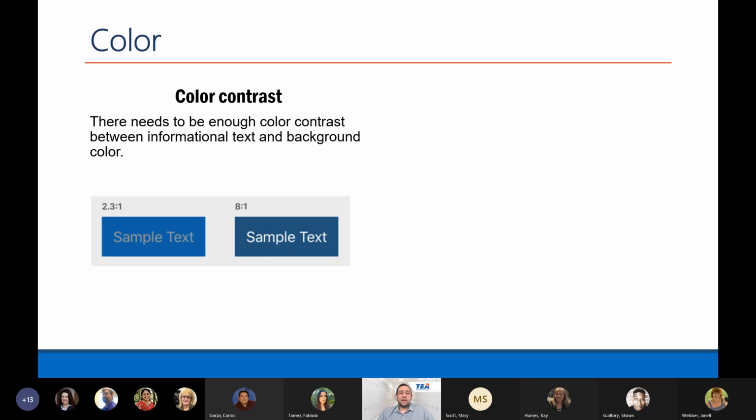If you're using a blue background with gray text, that's not going to be accessible, and it's going to cause issues for people that have colorblind issues. You want enough contrast, and sometimes we don't need a checker to see that that's not too good,